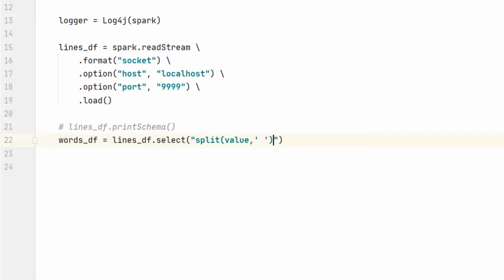However, the split function gives me an array of words. I don't want an array. I want each word to form a row. So I can use the explode method. The explode function will transform an array of words into rows. The explode method works like a flat map, which takes a single input and returns a bunch of rows. I hope you understand that. Great. So now my text is broken into words and it is also exploded into rows. This whole thing is an expression. So I must enclose it within the expr function.